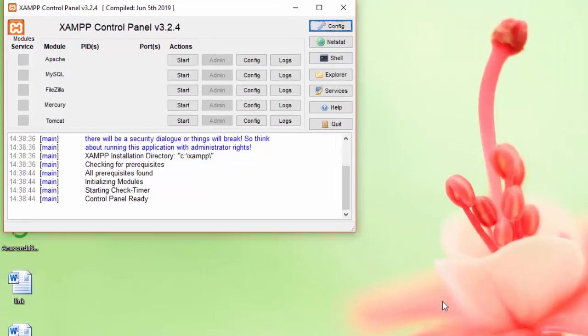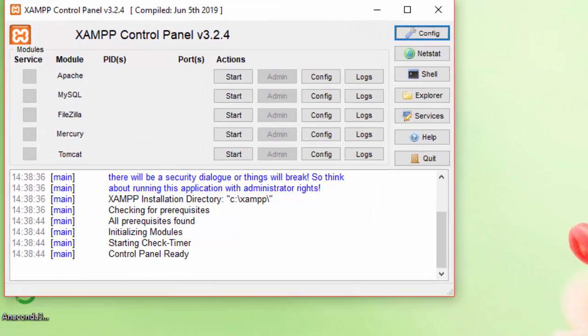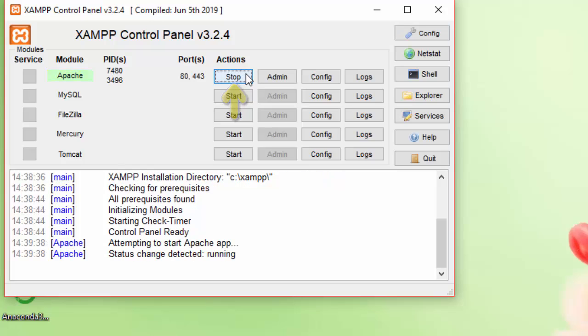Here you can notice that the XAMPP control panel has been successfully launched. From this control panel, you have to start the server, that is Apache server. Here is the start button. Just click on it. Here it is showing that the Apache server is running. Now there is one more server for MySQL.